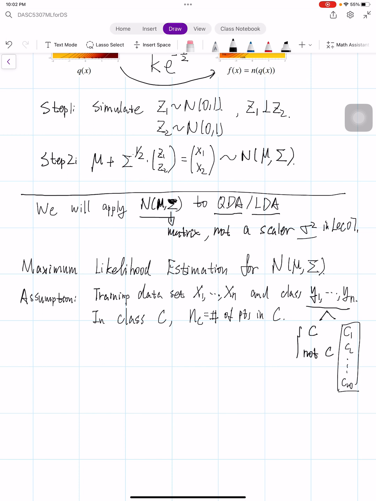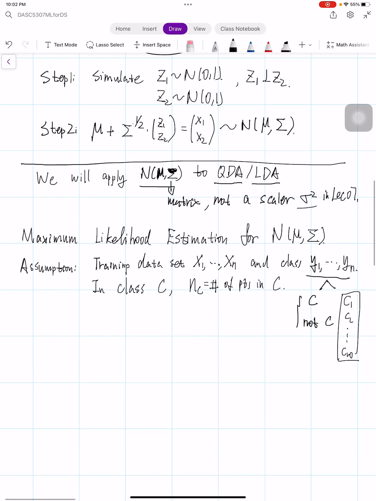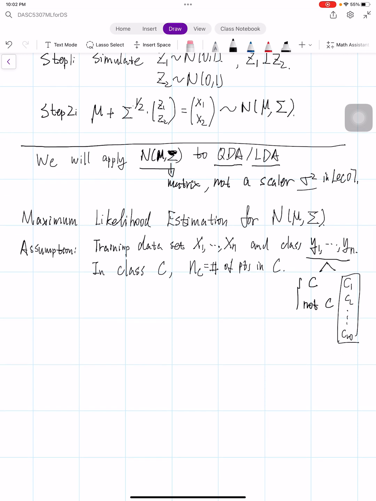The derivation is a little bit more tedious, and I will give you the result here. If you want to know the derivations of these estimators, you can go to the class on multivariate analysis. But here we just give you the estimators for the covariance matrix. The MLE, the maximum likelihood estimator of sigma, the variance covariance matrix, is given by 1 over NC times